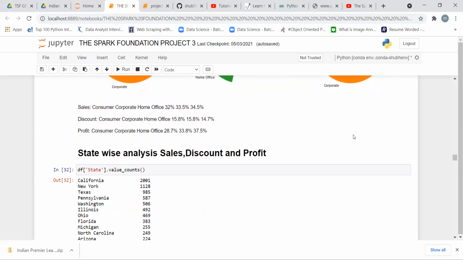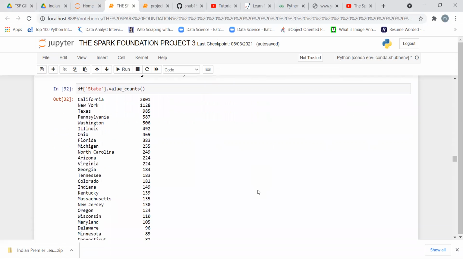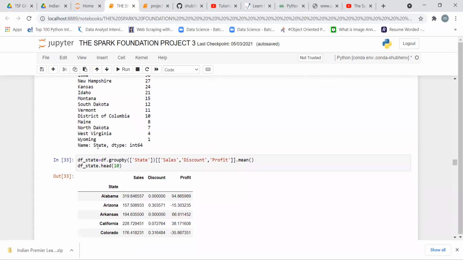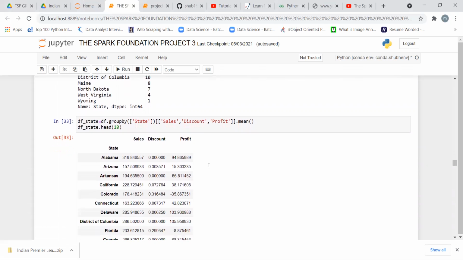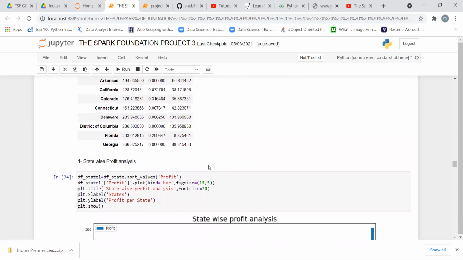Now we use state-wise analysis of sales, discount, and profit. So here we use the state column and count the values of each state, and now we group the data by state with respect to sales, discount, and profit, and find the mean, and then we